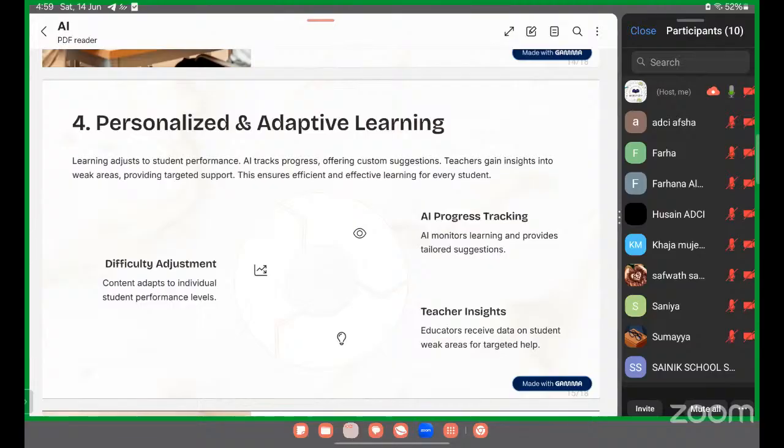So in personalized adaptive learning, difficulty adjustment: we can mark content and adapt it to individual student performance levels. AI progress tracking and teacher insight: educators receive data on the students' weak areas for targeted help.